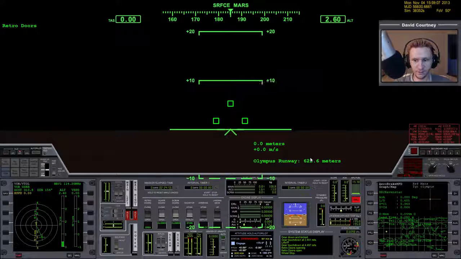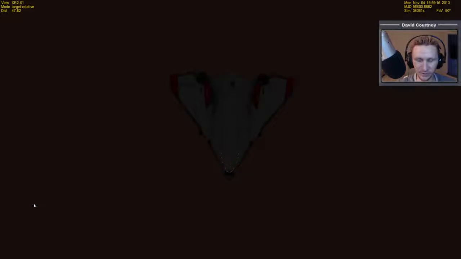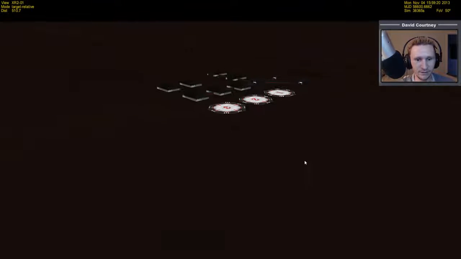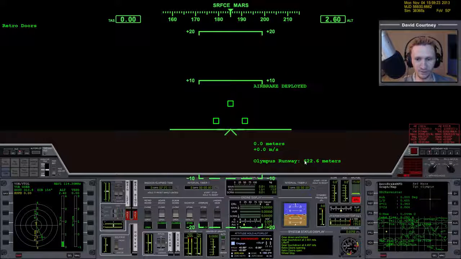Wheel stop. Wheel stop, 2 hours, 24 minutes and some seconds there. I didn't quite catch what the seconds were. And we're 313 meters from the center of Olympus. Not too bad. Kind of a weird way to land, but the whole point of this challenge that I'm making is not